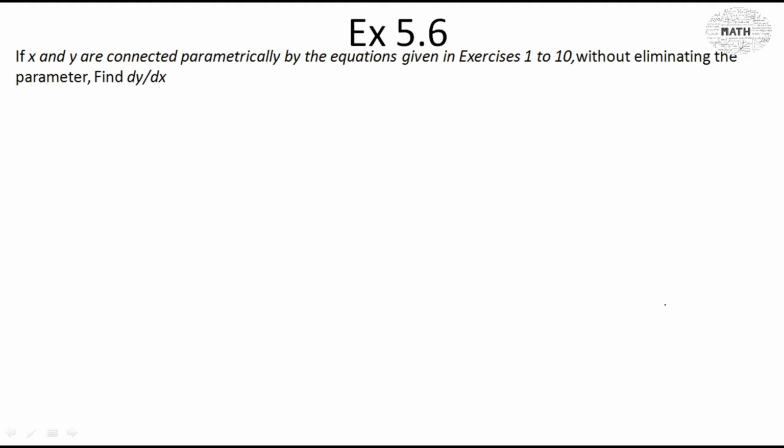Exercise 5.6 says: if x and y are connected parametrically by the equations given in exercises 1 to 10, without eliminating the parameter, find dy by dx. Question number one is x is equal to 2at square and y is equal to at to the power 4. What is the parameter over here? The parameter over here is t. Let me call this equation 1 and this one equation number 2. So differentiating